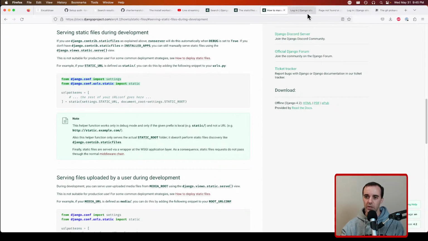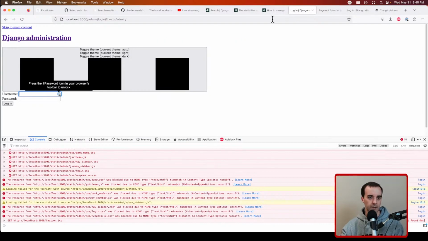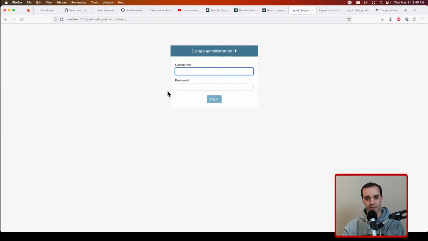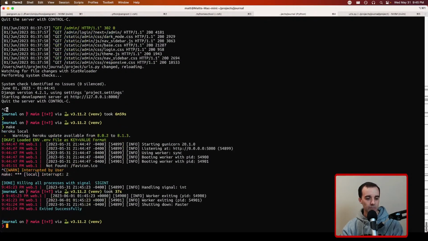Okay, we can go back to our port 5000. Hey, there we go. We're now serving our static assets. Now the funny part is we did all this and we have no way to log in. We did not create any kind of user record. So we can go to the management shell